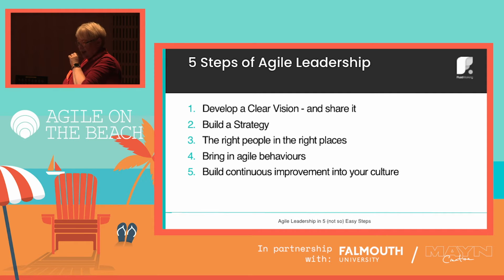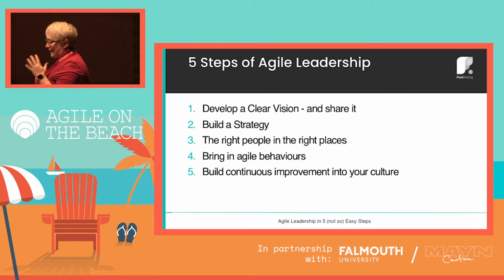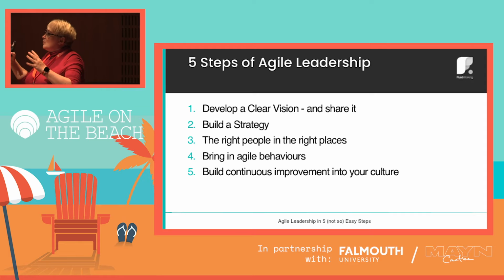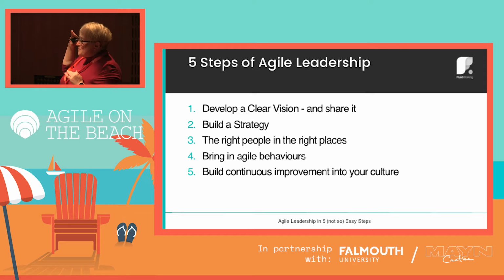So, these are the 5 steps for releasing agility, and it doesn't matter if you're talking at a team level, at a department level, or at a company level. The context is slightly different, but overall the steps are pretty much the same, and they're in this order for a reason, which we'll go into. I am going to draw your attention to bring in agile behaviors, tools, techniques, and all the rest of it is number 4 out of 5. Some of you might be quite surprised to find that's relatively far down the list. And I'm hoping by the end of this you'll agree with me as to why that is the case.